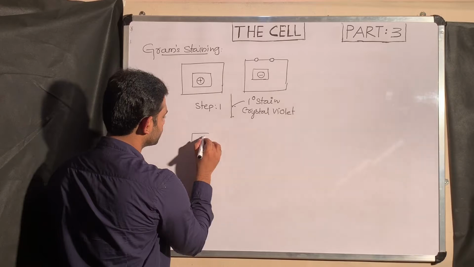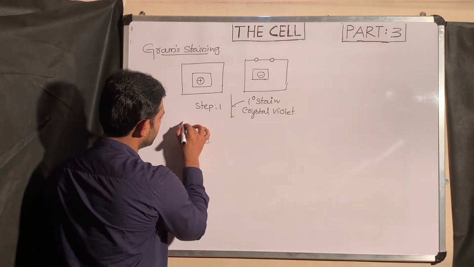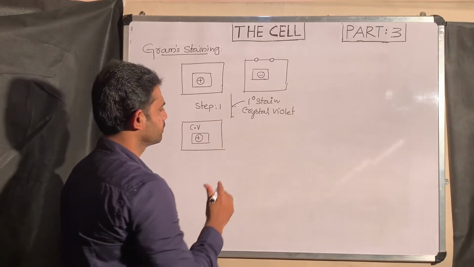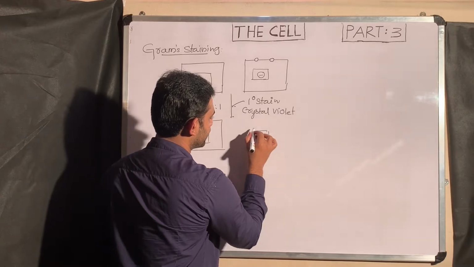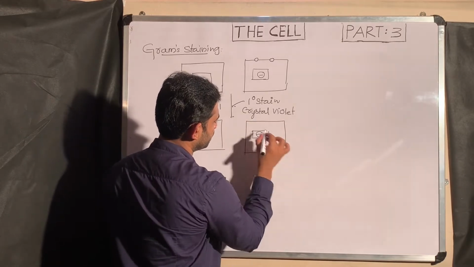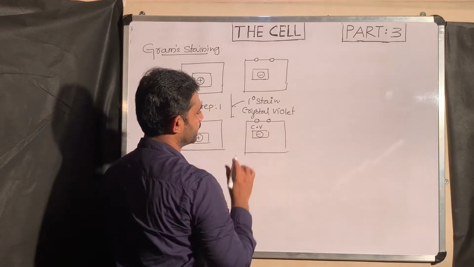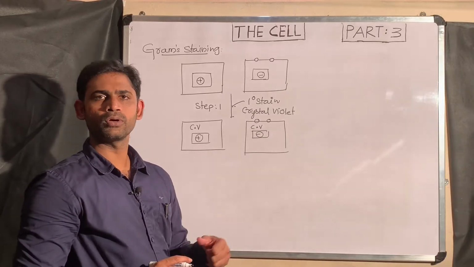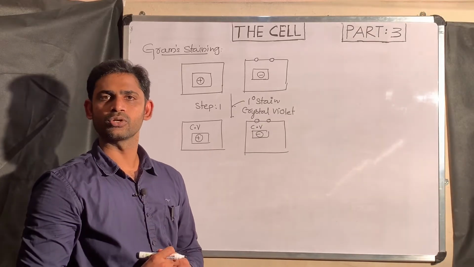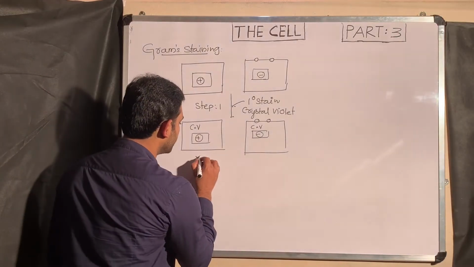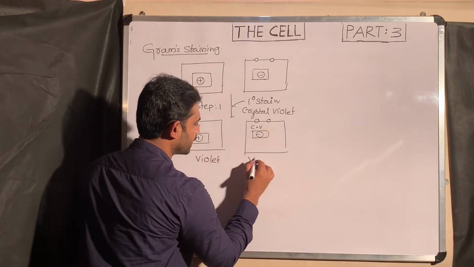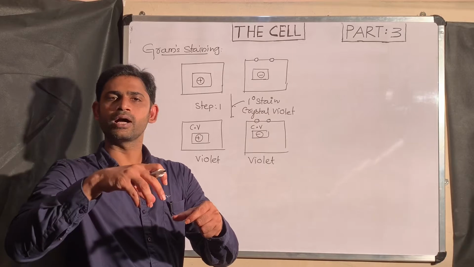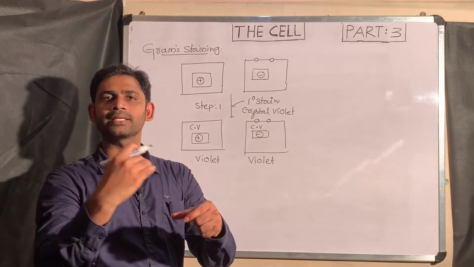As a result, this is a gram positive bacteria. The crystal violet goes in and associates with the cell wall of both gram positive and gram negative. These are the pores, with crystal violet. After adding the primary stain, both gram positive and gram negative bacteria took the crystal violet. Both bacteria appear in the violet color. After adding the primary stain, you just have to wash with water, to remove the excess crystal violet.